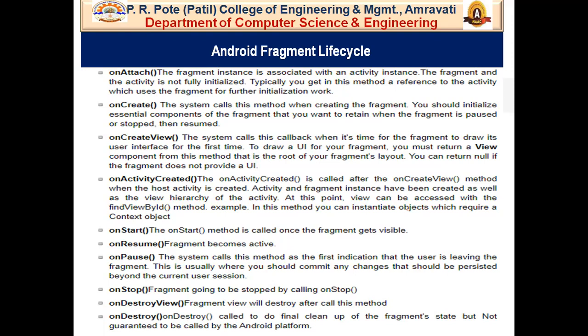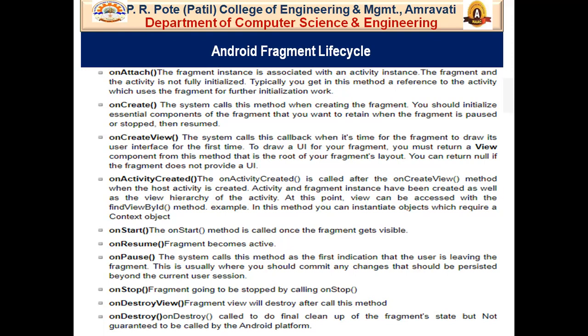For example, in this method you can instantiate objects which require a context, and here we use functions and the context objects of the application. And then we have the onStart method.